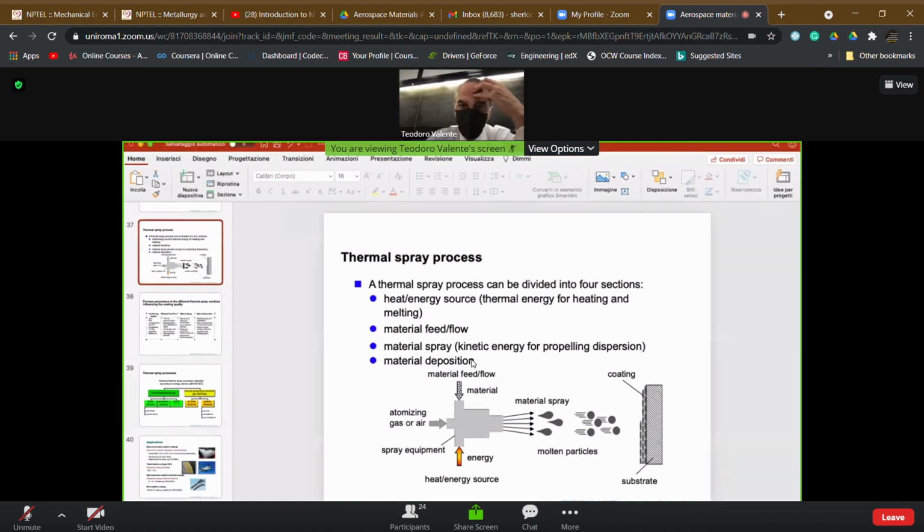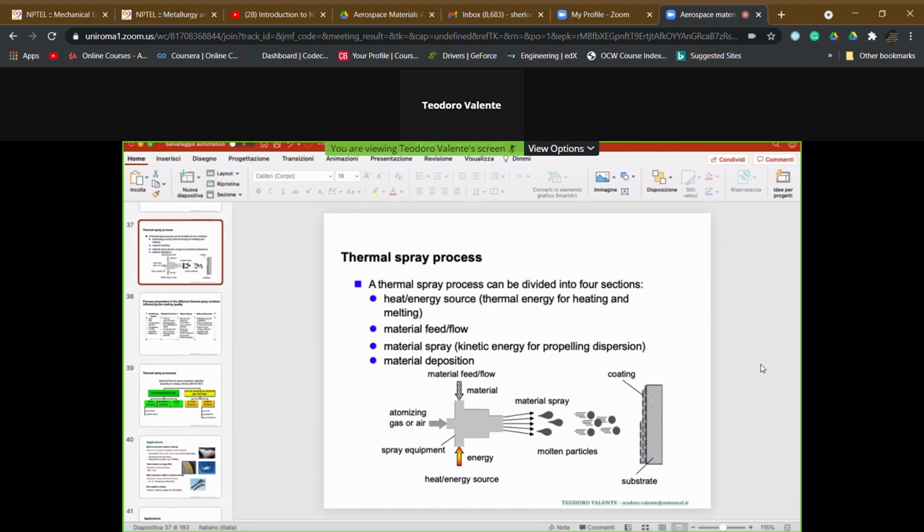Okay, we were discussing thermal spraying, and so we have seen the four sections in which the process can be divided. We skipped this slide last time. Now it's time to start the discussion. I told you that the methods classified under thermal spray are very important surface engineering methods,